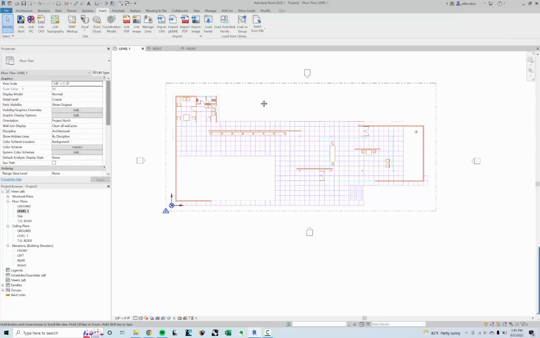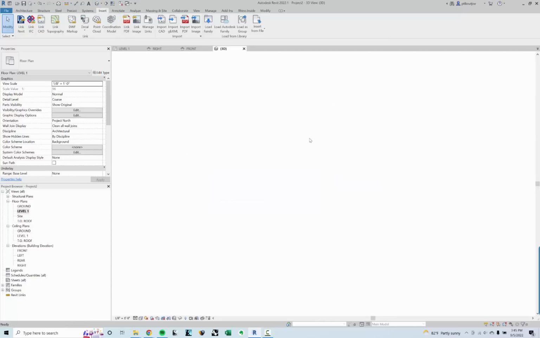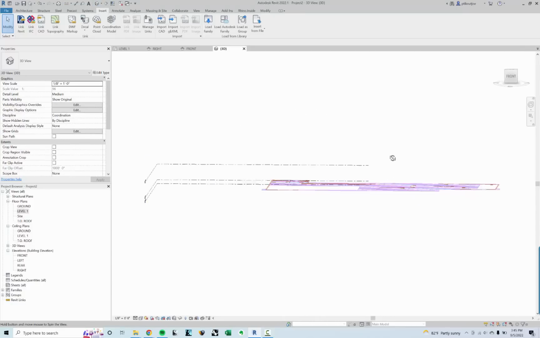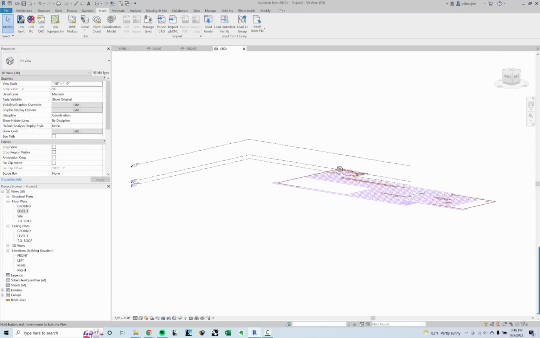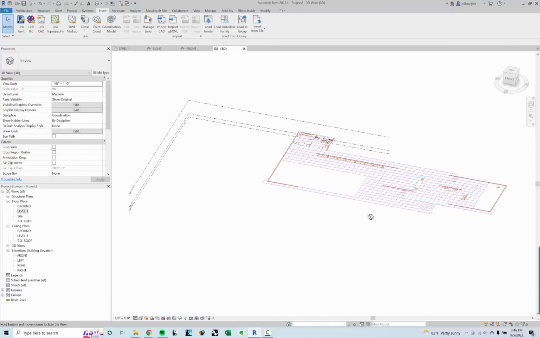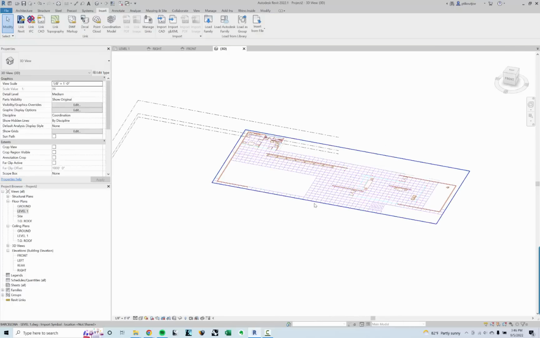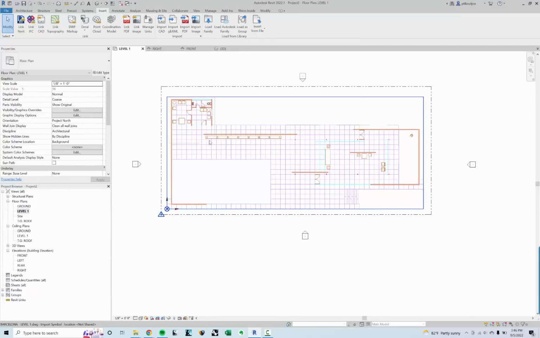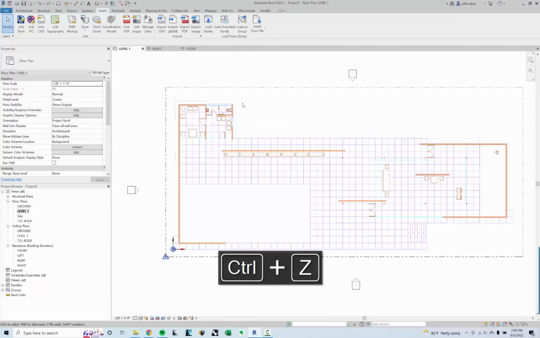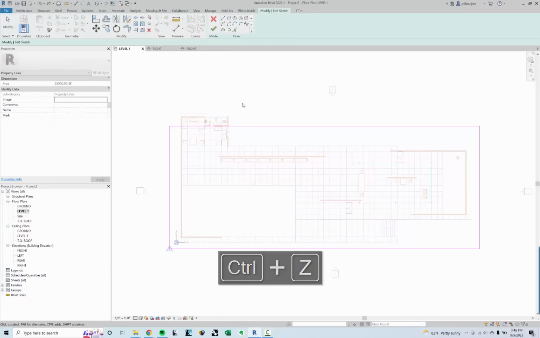Okay, so now that this is set, I want to show you why I don't want to go back and do this again and check that one box. If I go to the 3D view, I can actually see the CAD relative to 3D. You may want that. I prefer not to have that because I like to be able to only see it view by view, and I don't want a bunch of CADs cluttering up my 3D. So I'm actually going to go back to level 1 here, and I'm going to just hit Control Z until it undoes that